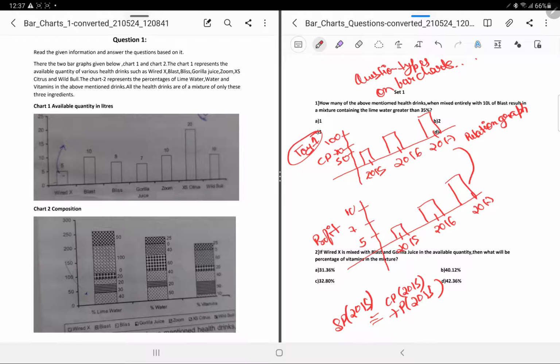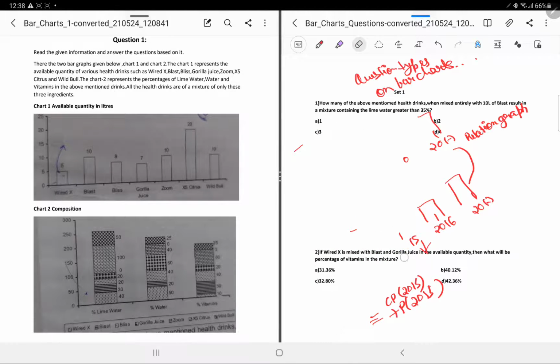And these are the question types that you find over the bar charts. These two graphs would have certain sort of relationships between them. Either you would be given some quantity, for example an apple juice, and in this graph you'll be given the composition of that apple juice. For example, that 100% of the apple juice has some apples, some soda and all that stuff. So you'll have questions where you'll be given 2 or more graphs and they would have a certain relation between them. Okay, and you have to try to get that relation out. This is one type of question that you will find.